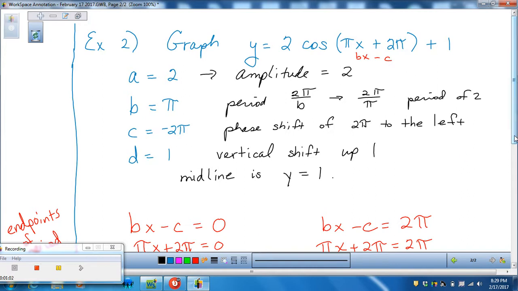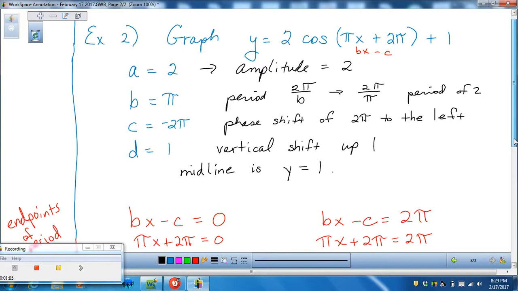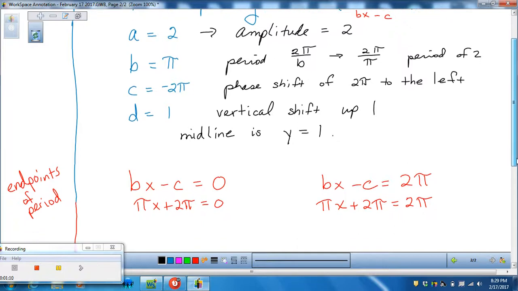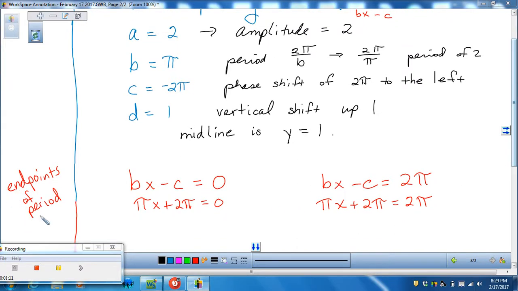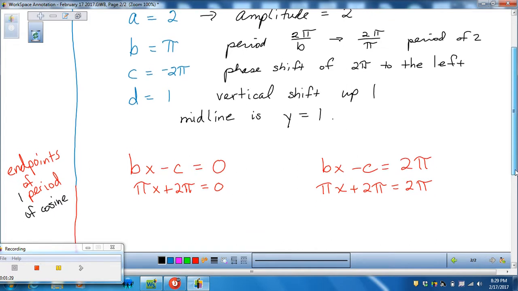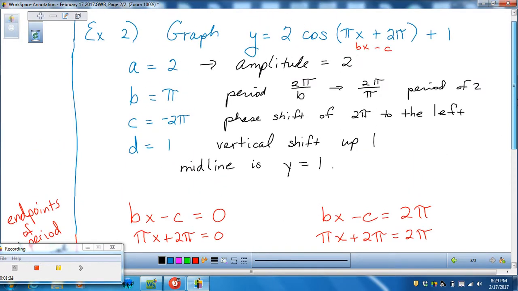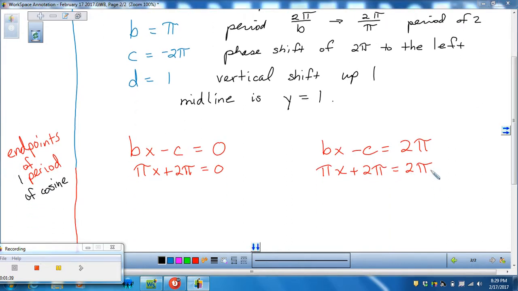Alright, so we have that information. Now, just like on the previous one, we want to figure out where the phase shift is happening. So we have these two equations to help us find the endpoints of one period of our cosine graph, and that would be after we have phase shifted it. So bx minus c equals 0 is our first equation. bx minus c equals 2 pi is our second one. We are now going to take our actual bx minus c, which is what's in the parentheses, so pi x plus 2 pi, and we are going to set it equal to 0 and set it equal to 2 pi